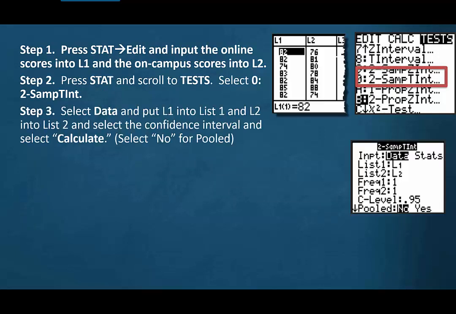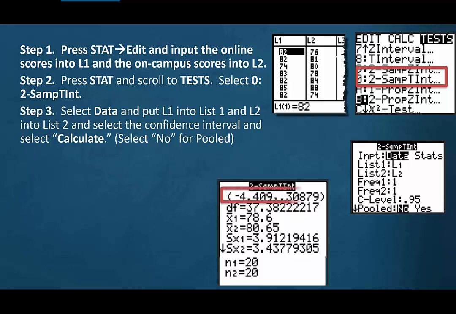This time we're going to select Data. List 1 is L1, List 2 is L2. Both frequencies should be 1. And I'm running a 95% confidence level. Let's select No for pooled. And I get negative 4.409,